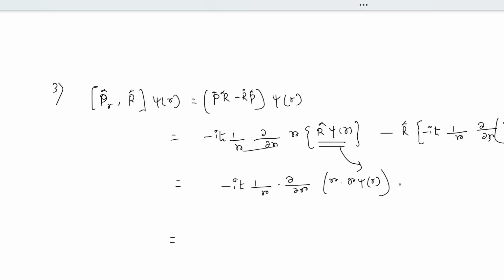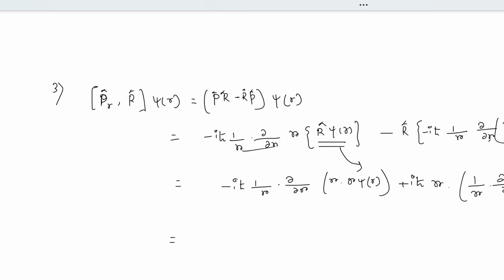Then you have plus iħ, because minus minus making it plus, and then R acting over the whole thing. So naturally a position eigenvalue comes out, which is R, and then the inner state remains as it is, that is 1/R ∂/∂R of